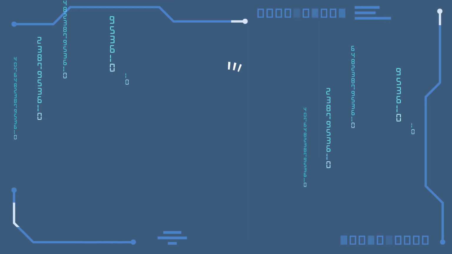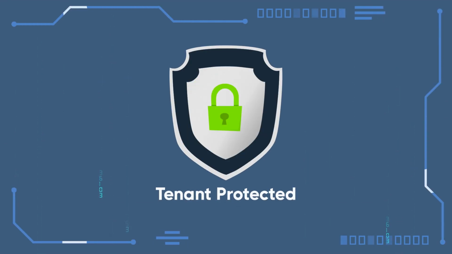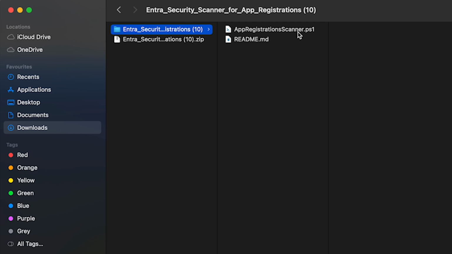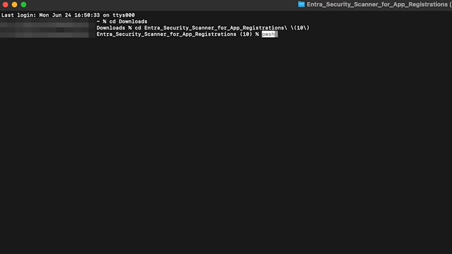This video guide will show you how to use it and analyze the results to better protect your tenant. Download the zip file to a folder and unzip it. For example, in the download folder, open your terminal on Windows or Mac, access the folder extracted from the zip,